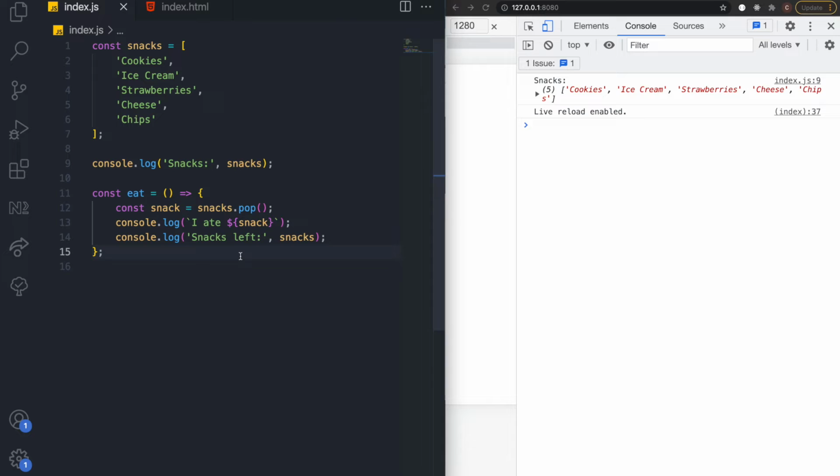Next up is the shift method, which is exactly the opposite of pop. So where pop removed an item from the end of the array, shift removes and returns the first item in an array, as well as returning undefined when called on an empty array. So I've removed all the calls to the eat function here, and we'll go ahead and change pop to shift. Now when we call eat,